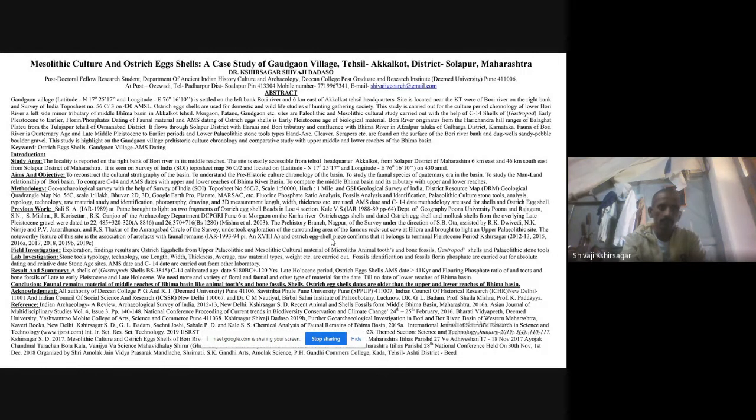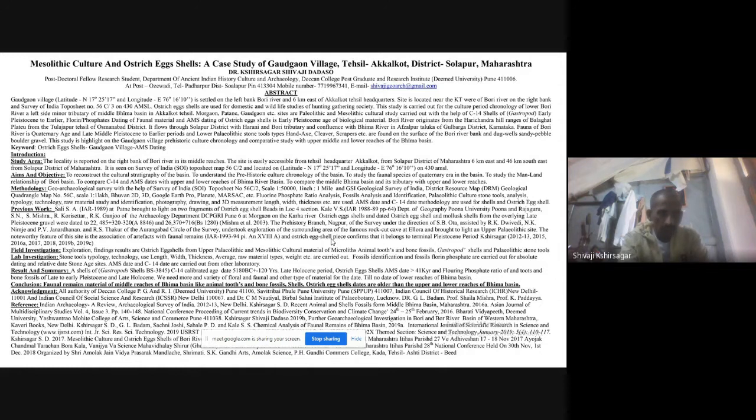Okay, I come to my aims and objectives: to reconstruct the cultural stratigraphy of the basin, to understand the prehistoric culture chronology of the basin, to study the faunal species of the Quaternary era in the basin, to study the mainland relations of the Bori basin, to compare the C14 and AMS dates with the upper and lower reaches of the Bhima River basin, and to compare the middle Bhima basin and its tributary with the upper and